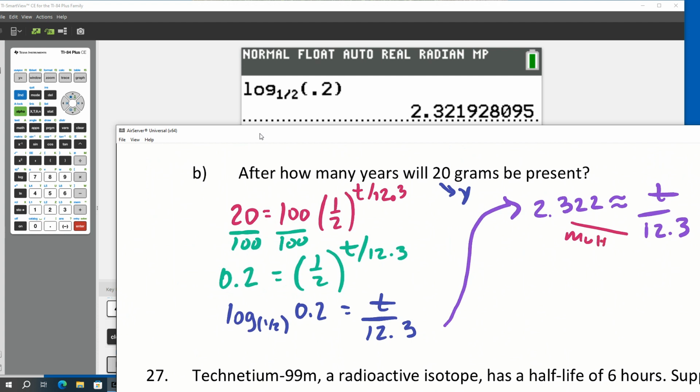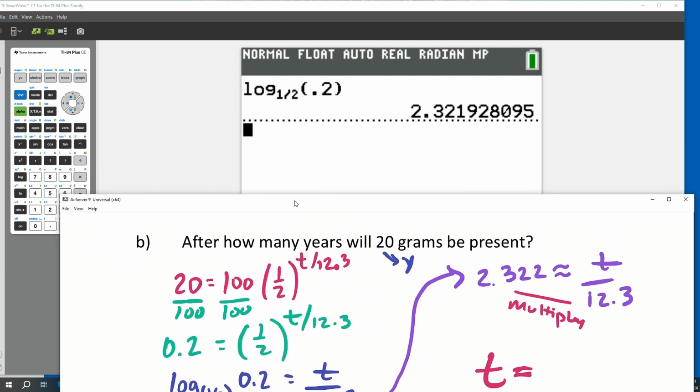And then your last step is just to multiply those two together. Now, don't use a rounded version. I feel like I've told you this before, but I'm not 100% sure. If you round at the beginning of the problem or in the middle of the problem, sometimes it alters your number enough that you get the wrong answer. So go ahead and